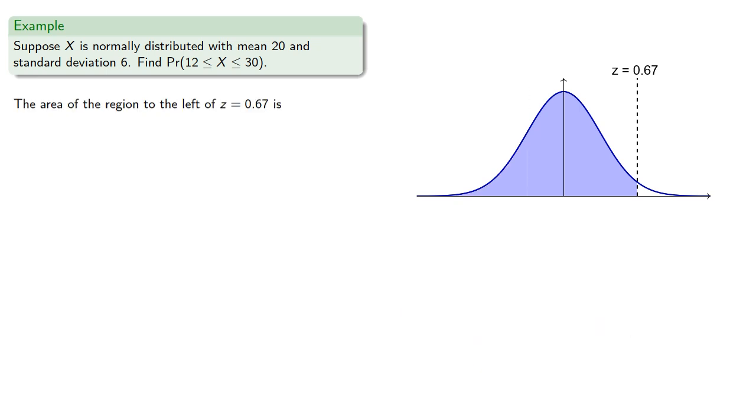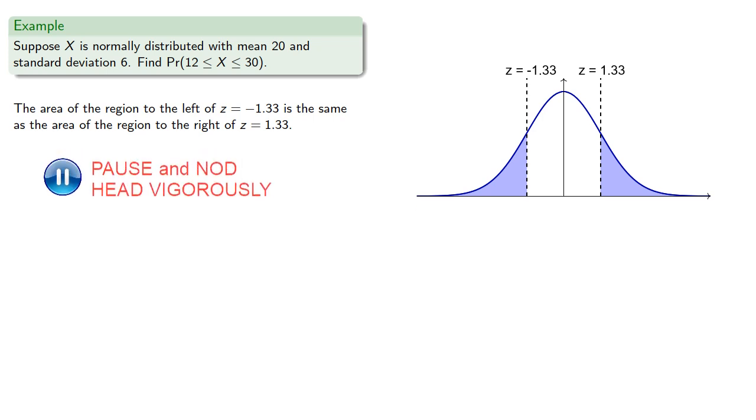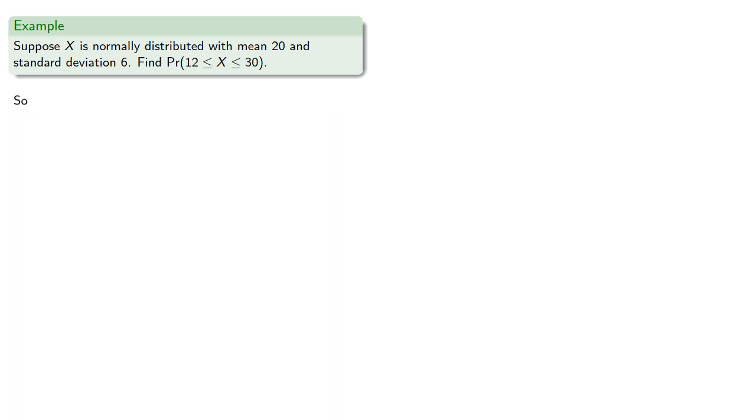So we can use our table to find the area of the region to the left of 0.67. The area to the left of z equals negative 1.33 is the same as the area to the right of z equals positive 1.33, which is complementary to the area of the region to the left. And so we have, and so our probability will be